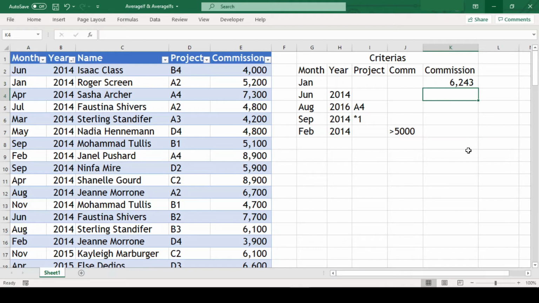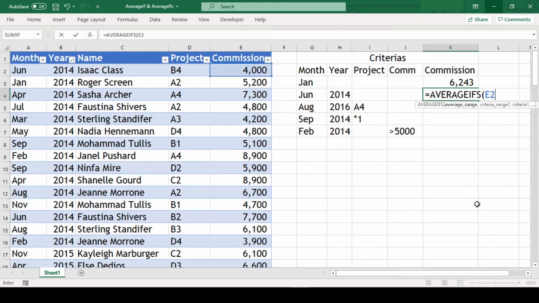Now let us move to another task. Our criteria here are we need to find the average of commission where month is June and year is 2014. Since we have multiple criteria here, we will use AVERAGEIFS. Our formula goes like =AVERAGEIFS( we need to provide the average range here, unlike AVERAGEIF where we had to provide the criteria range first.